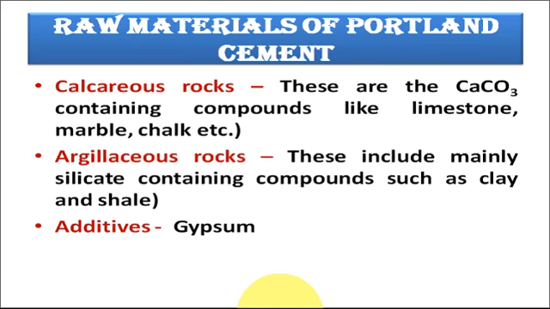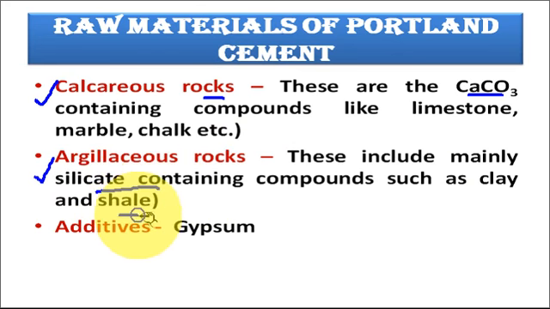Now, what are the raw materials of Portland cement? Basically, Portland cement includes two types of raw material. One is calcareous material and the second is argillaceous material. What are these calcareous materials? These calcareous materials are provided by calcareous rocks, and these are calcium carbonate containing compounds like limestone, marble, chalk, etc. While argillaceous materials are provided by argillaceous types of rocks, which include mainly silicate containing compounds such